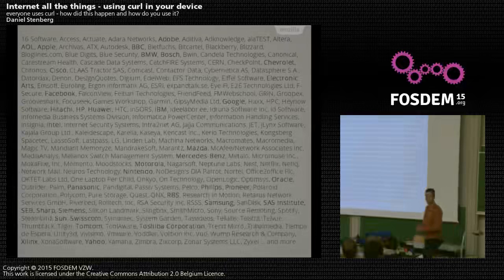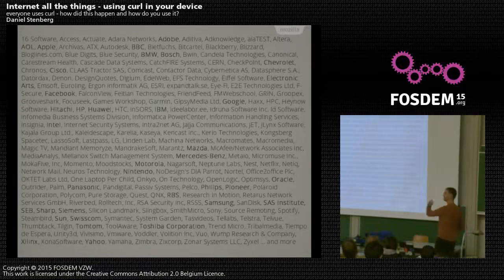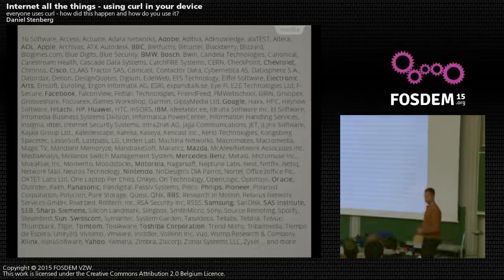No, but I have this list of companies using curl in commercial surroundings because I think it makes it fancy, and I can kind of show the others that, ooh, all these ones use curl. So the other day, actually, a couple of months ago, the list had 100 companies. And I thought, oh yeah, that's 100 companies using your product.